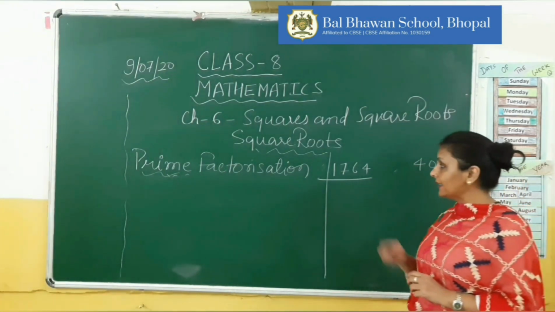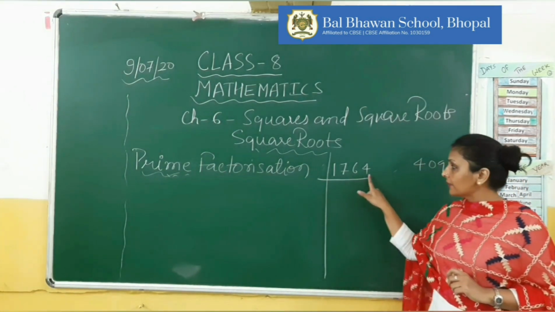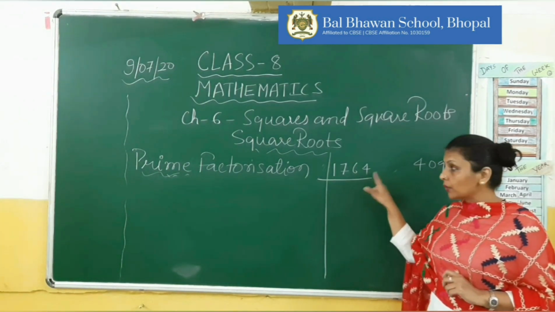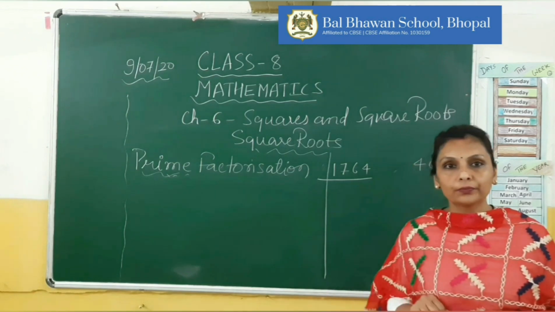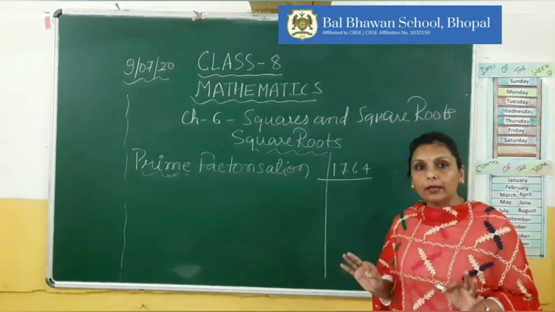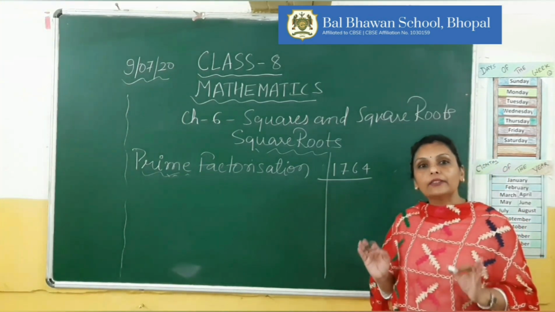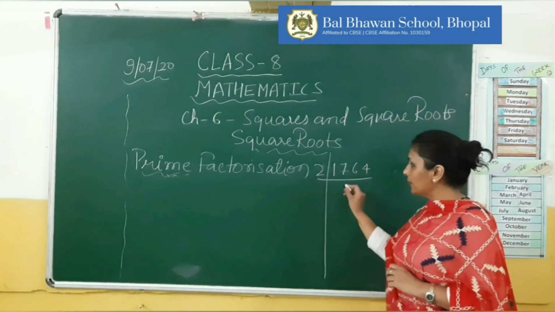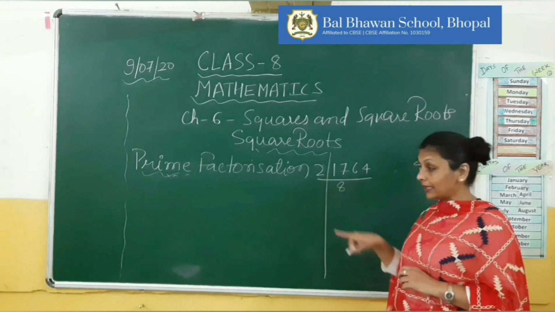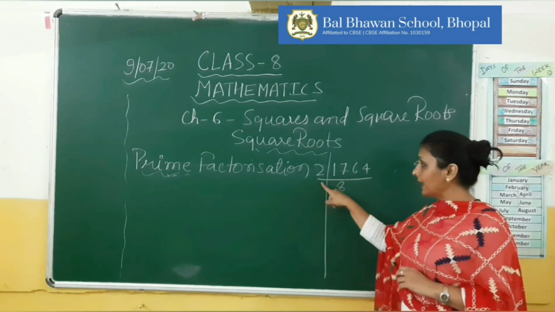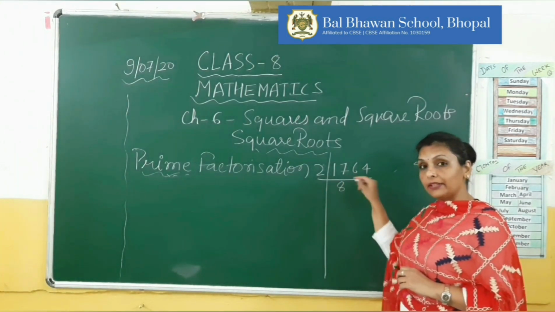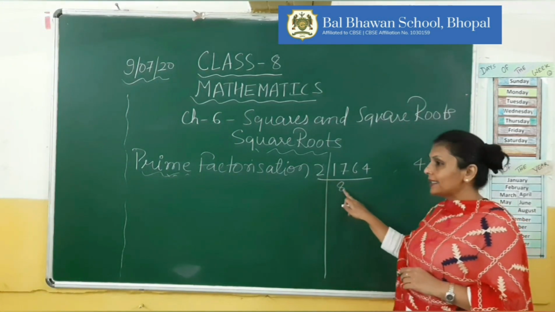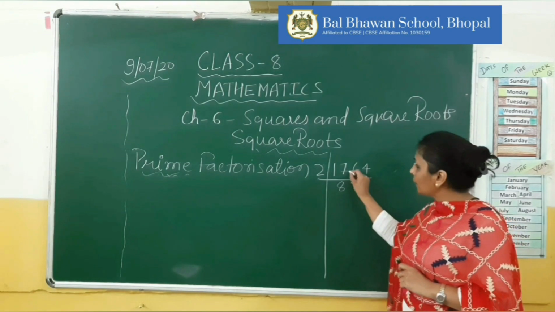You can see that this number ends with 4. 4 is an even number. So you know the divisibility rule of 2, right? 2 can divide any number which ends with an even number, right? So let's factorize this number by 2. So it will give you 2 8s are 16 because 17 is there. We cannot write down 2 9s are 18 because 17 is there. The number should be lesser than this number, right? So 2 8s are 16. What is left here? 1.